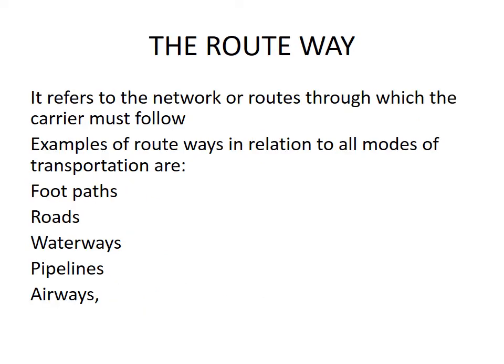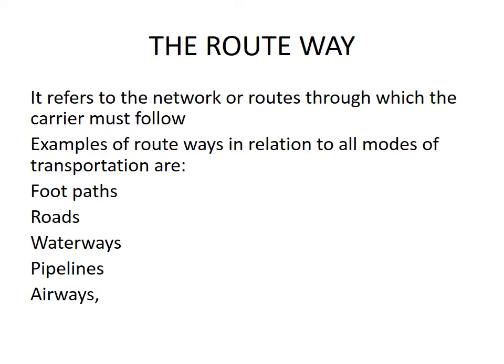The routeway is what I'm going to discuss first. It refers to a network or the route which the carriers must follow. Examples of routeways in relation to all modes of transportation are the footpaths, the roads, the waterways, the pipelines,